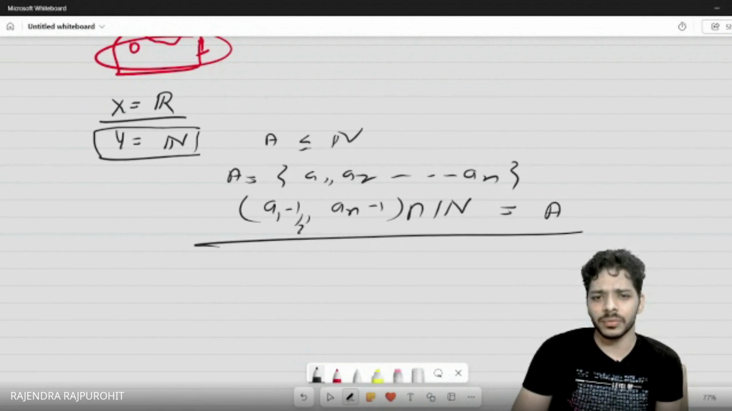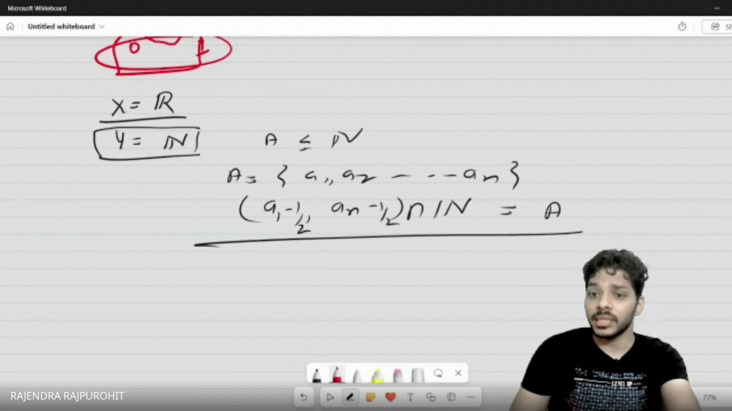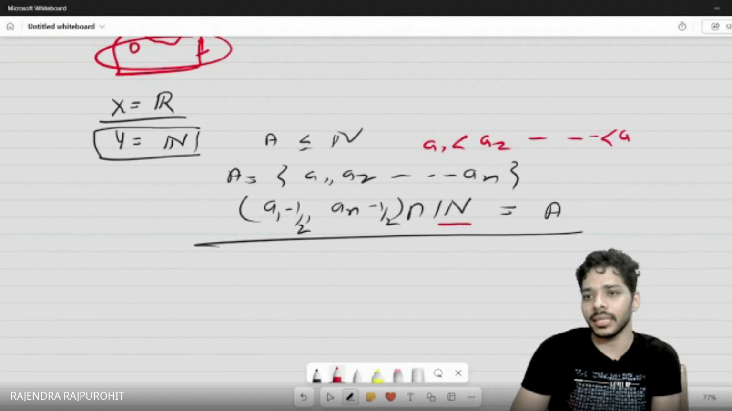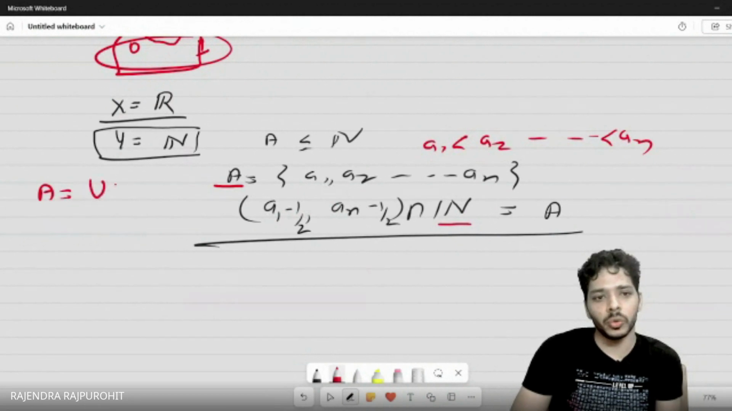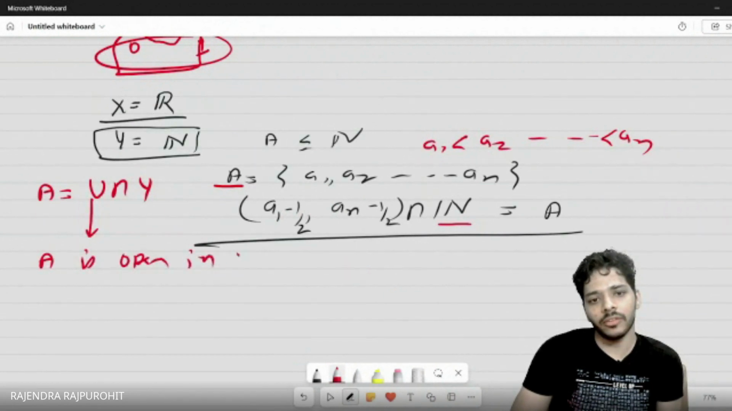You can take 1 by 2. This is your set A or not? Because you are taking all the numbers, assuming that A1 is less than A2, and so on, less than AN. Any finite set can be written like this. Now, if you take any A, and A can be written as some U intersection Y, then A is open in Y if and only if U is